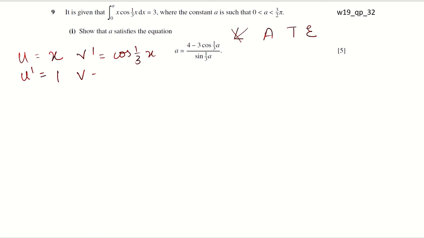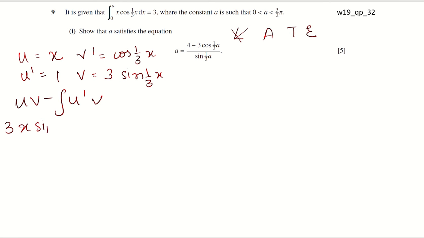So we'll have to integrate this, and after integrating we'll have sine 1 by 3x multiplied by 3, because if we divide this by 1 by 3, that's going to be 3 basically. So 3 sine 1 by 3x. So uv minus u prime v, where u is this and v is this,